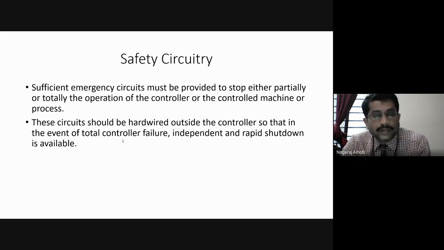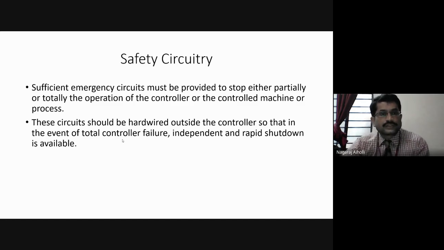What may happen if the PLC is not switched off immediately? There can be a hazard or damage occurring to the PLC. In order to avoid that damage, what should be done? Immediately the PLC should be turned off, the faulty condition should be repaired, and then it has to be restored back to its normal working condition. Only then will the PLC come under its normal state and work properly without causing any damage later.